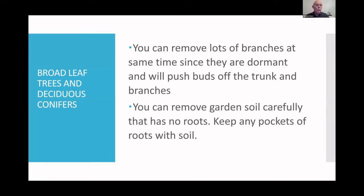And so one of the things with broadleaf trees and deciduous conifers, if you're going to be digging one up,